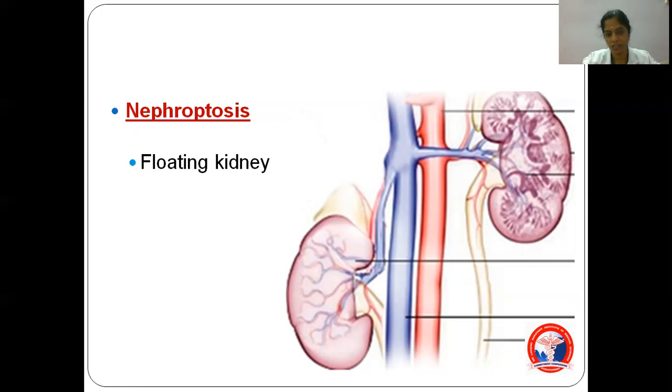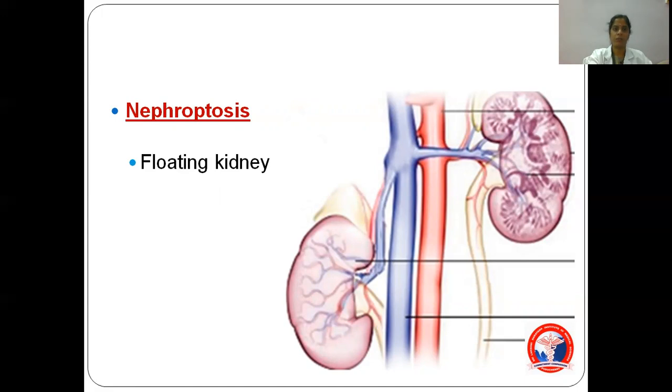Okay, so that condition is named nephroptosis, floating kidney. What happens here is when the kidney comes down, the ureter is already there, so the ureter will kink. If it kinks, the urine flow won't be continuous, so there will be a possibility of infection. The patient will come with a history of urinary tract infection. So in chronic debilitating disease, this will be C, nephroptosis.